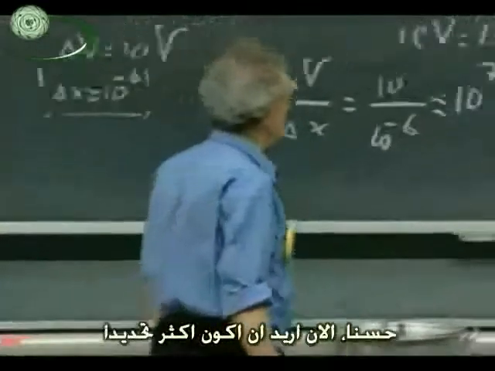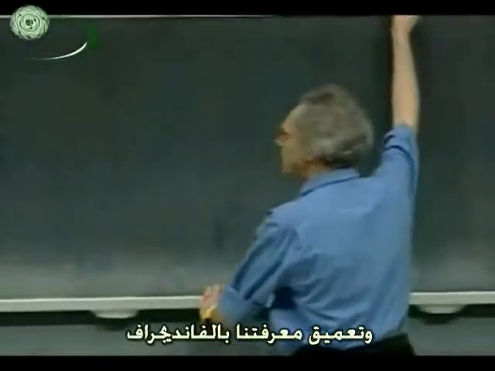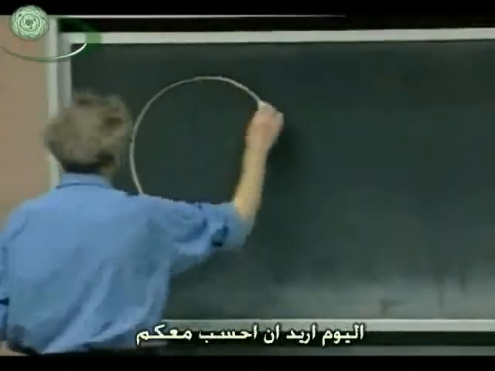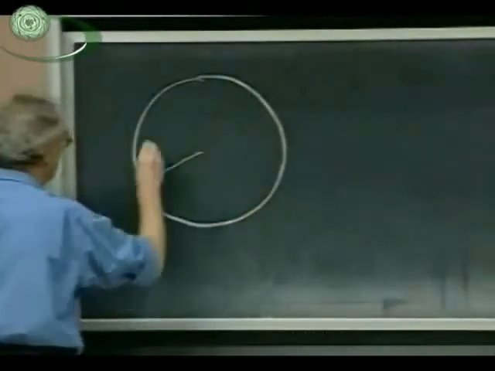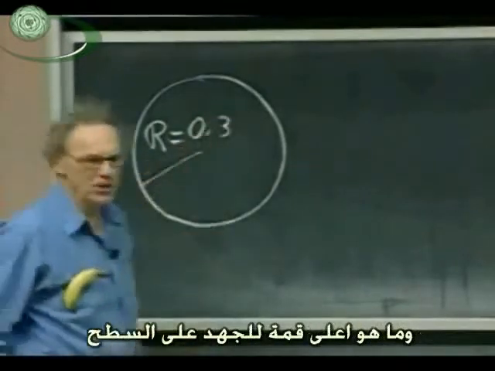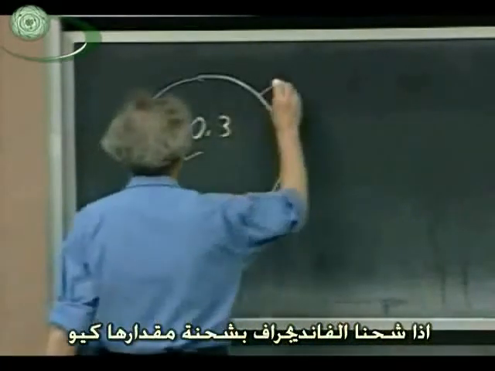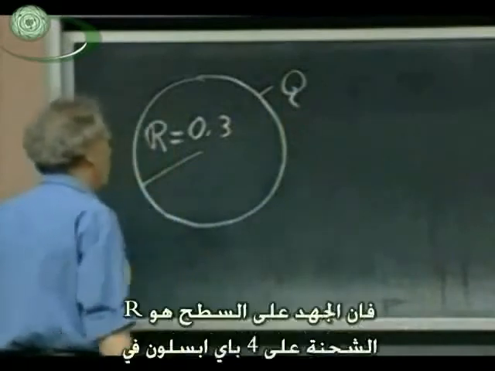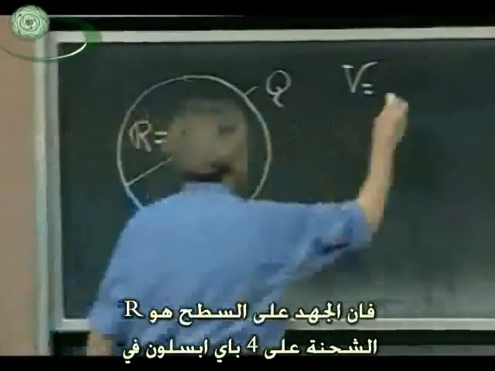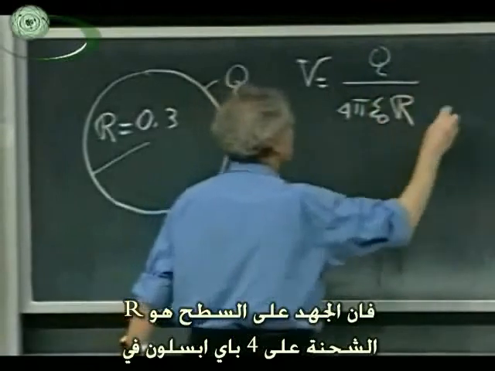So I want to be a little bit more quantitative now and deepen our knowledge of the Van de Graaff. Slowly we're going to understand how the Van de Graaff works, and today I want to calculate with you how much charge we can put on the Van de Graaff and what the maximum potential is at the surface. If we charge up the Van de Graaff with charge Q, then the potential of the surface is an equipotential, is Q divided by 4 pi epsilon 0 r. And the electric